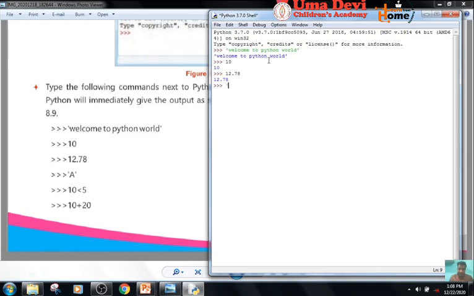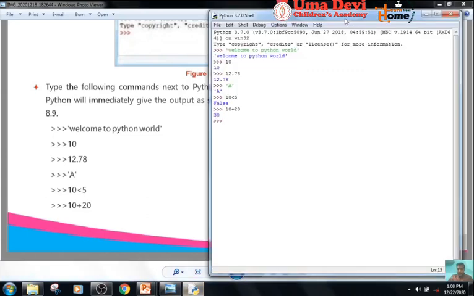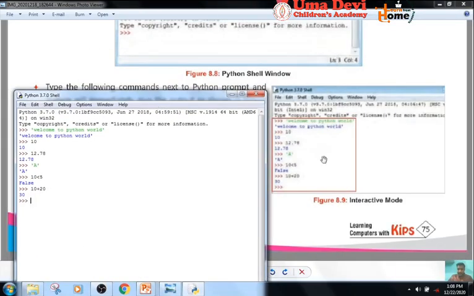Then we will type A. We have got A. Then we will type 10 is less than 5. So it will tell true or false. False. 10 is not less than 5. Then we will type 10 plus 20. So it will give us the addition of 10 and 20. Yes, 30. So you have understood, the results are the same.